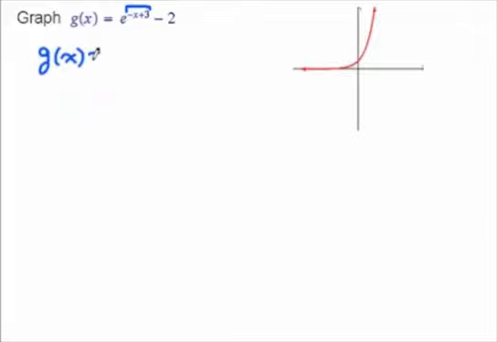So we're going to get g of x is equal to e, factor out that negative, and what's left inside is a positive x minus 3, and then that minus 2 down below. Alright, so this is the graph that's going to get translated. This negative is going to flip it over the y-axis. So the negative here, flip